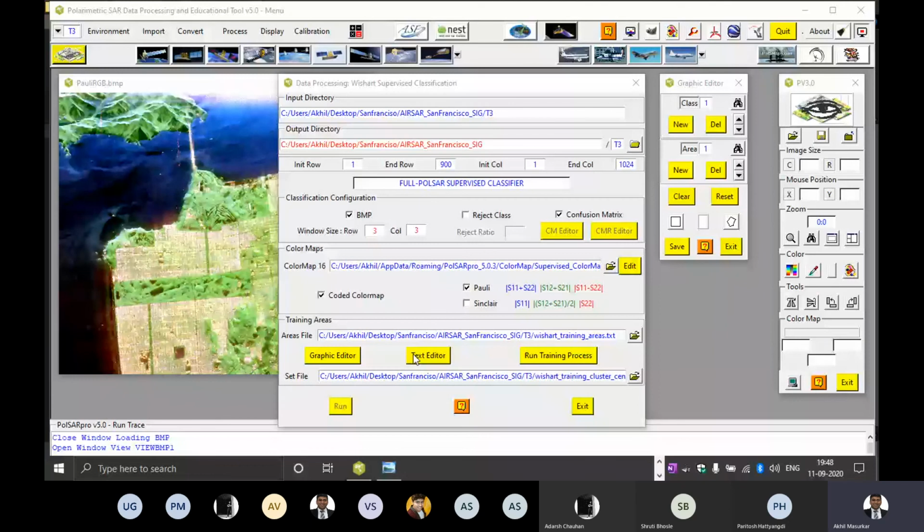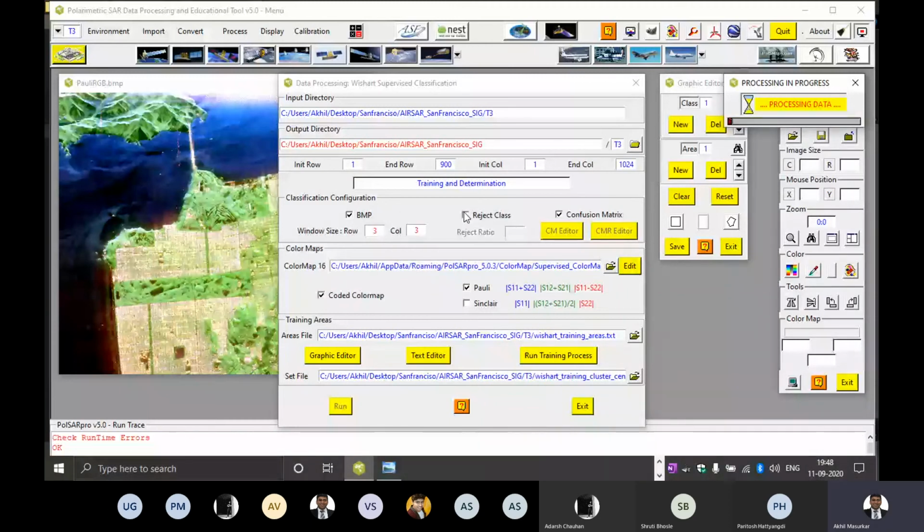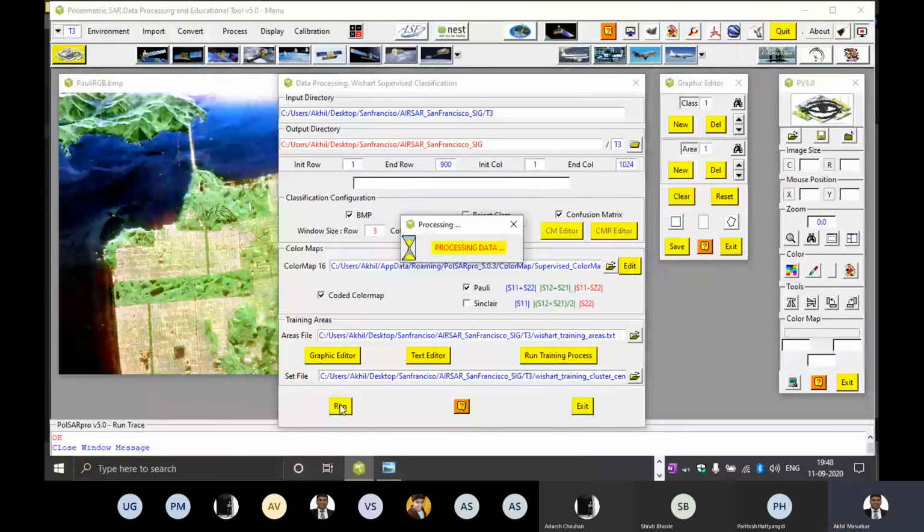Now the run training process is done. The run training process button is activated. Now run the training. Classification means always training first and then the classifier has to run. And then run.